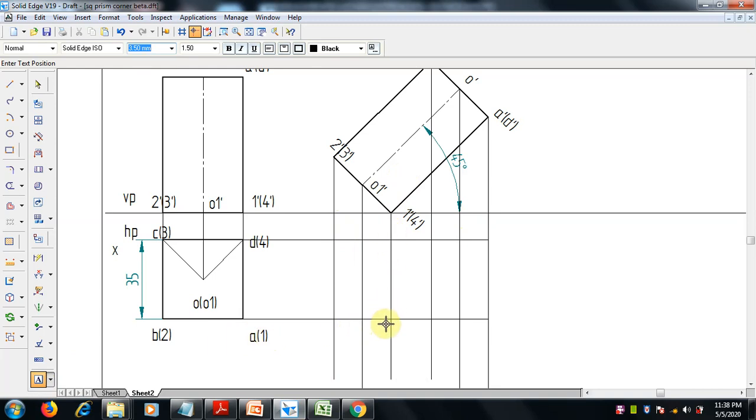The 1 and 1 intersect here, so this is 1. 2 and 2 intersect here, this is 2. 3 dash, 3 will come here, intersection is 3, and 4 and 4 here, it will be 4. Like that, ABCD, A with A, here we will get A, and here we will get D.